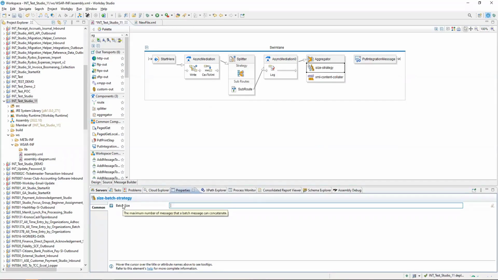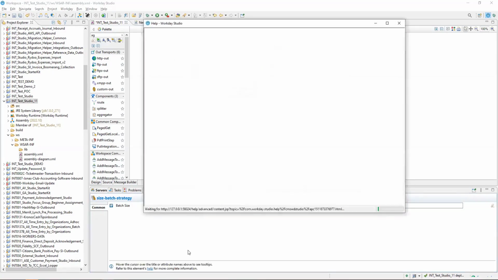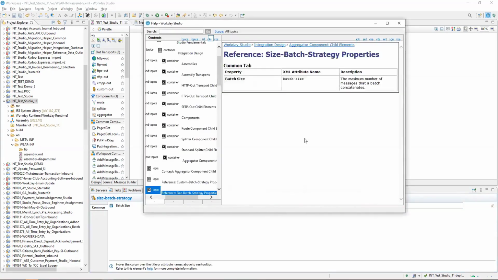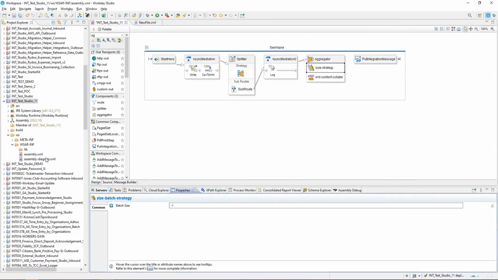If you put your mouse there, the maximum number of messages that a batch message can concatenate. Ideally we put -1 here, which means everything, whatever is coming. Click on help here and see. Batch size is the maximum, whatever you want to give.